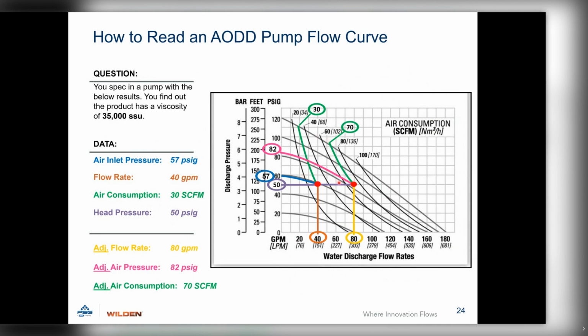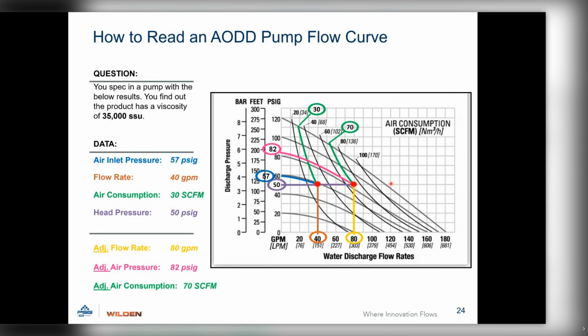Now, if it was 3.0 viscosity correction, say if it was 70,000 SSUs, that would put it too far out, right? You would have to get somewhere about 120. It puts it on the outside of that curve. Therefore, this pump would not work for that application. You'd have to go to the next larger size pump. And that's how we accommodate the viscosity for diaphragm pumps,